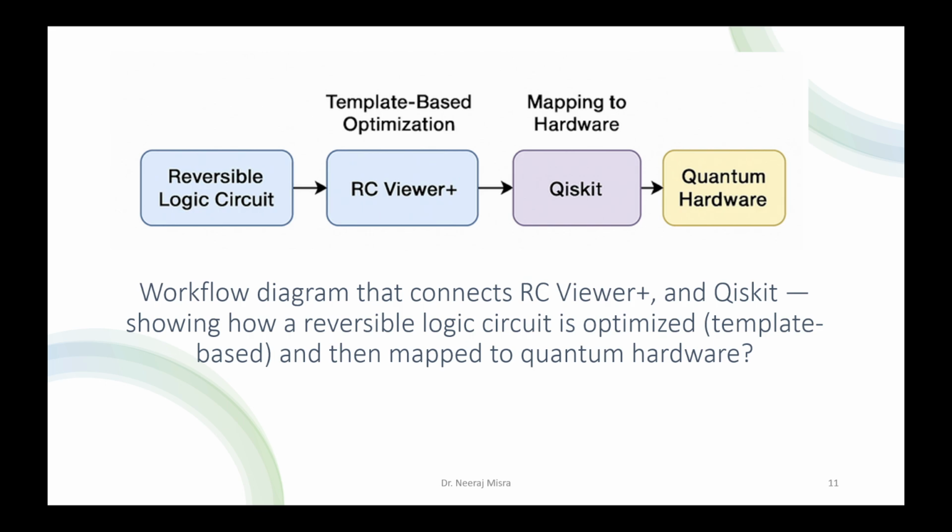reversible circuit has a one-to-one mapping between input and output, and this reversible circuit goes to the RC viewer for optimization purposes, because the RC viewer has a template-based optimization technique to reduce the number of gates, minimize the circuit depth, and eliminate the redundant operations in quantum circuits. Okay, so we optimize the quantum circuits by this template-based matching technique to reduce all these redundant gates